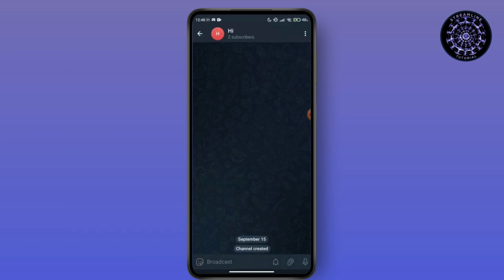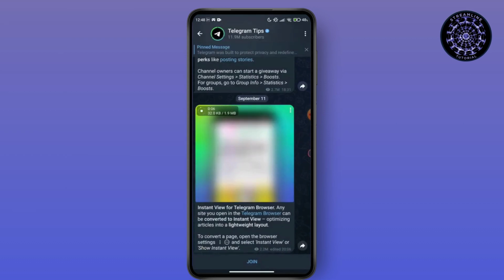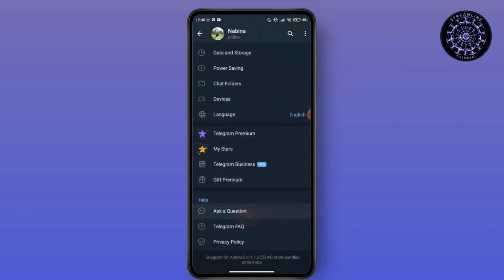Just go back here and go to contact support of your Telegram. Just go here, just go to your Telegram features. Once you are here, if you find the help or support, just go for the